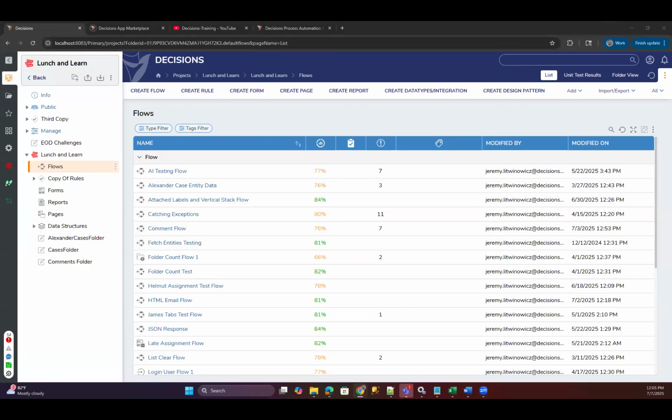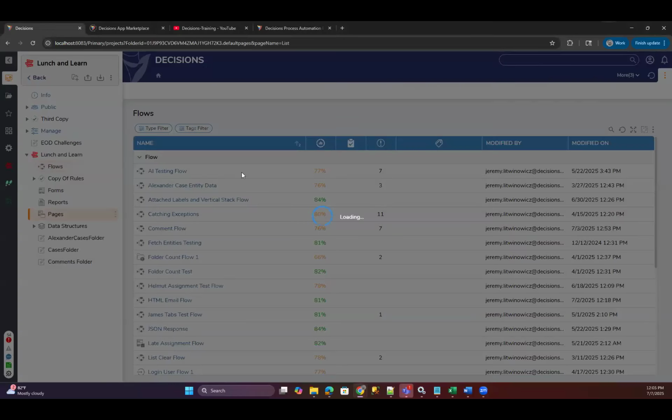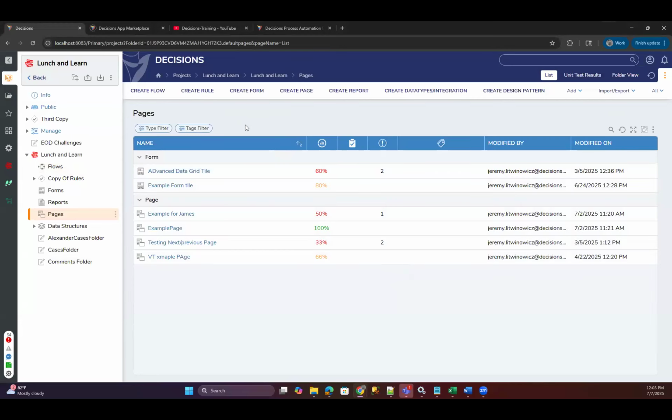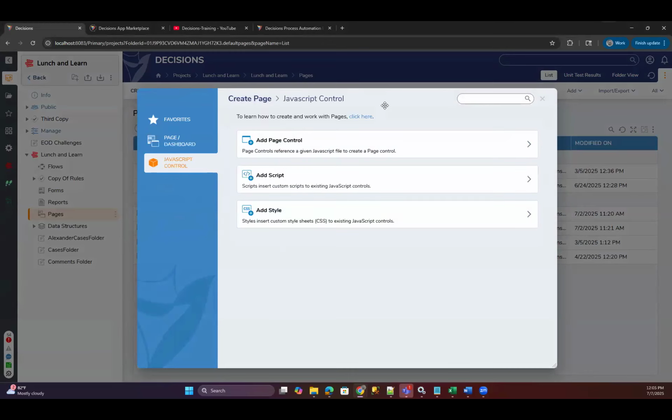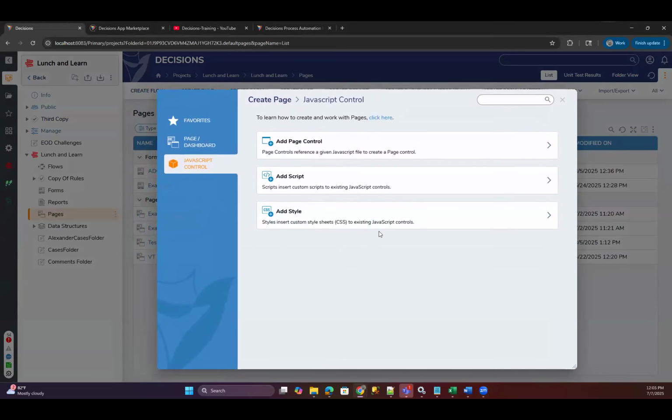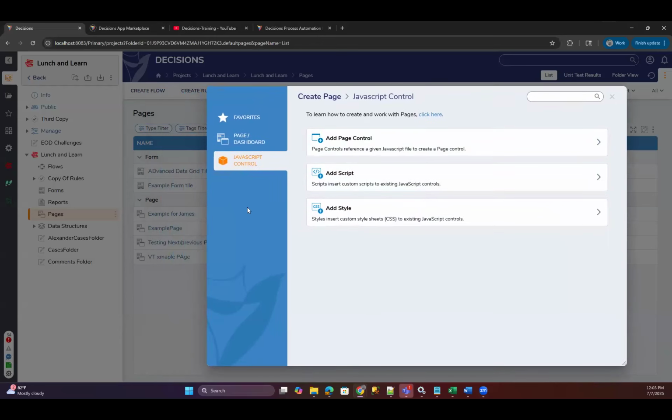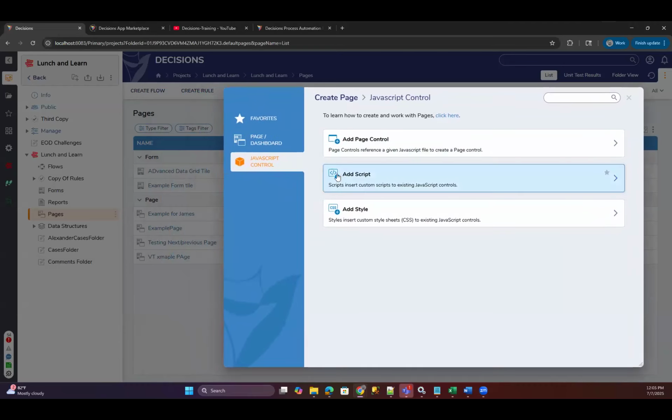Okay, let me see here. I'm thinking how to add a JavaScript in a page, a Decisions page. Yes, so I wonder how I can do that. Yeah, one limitation that at least I personally don't have is actually having a real script and everything.